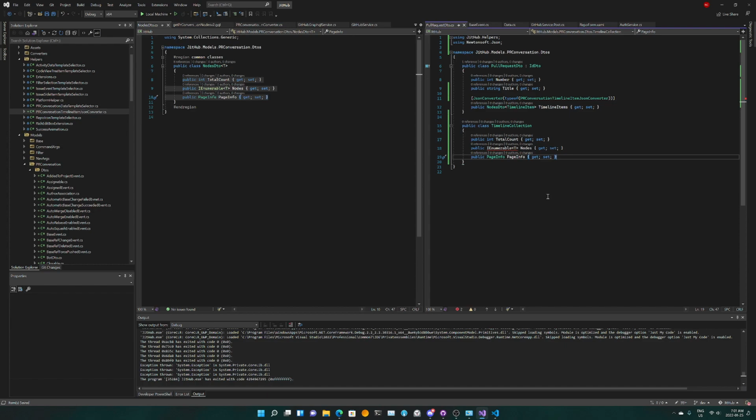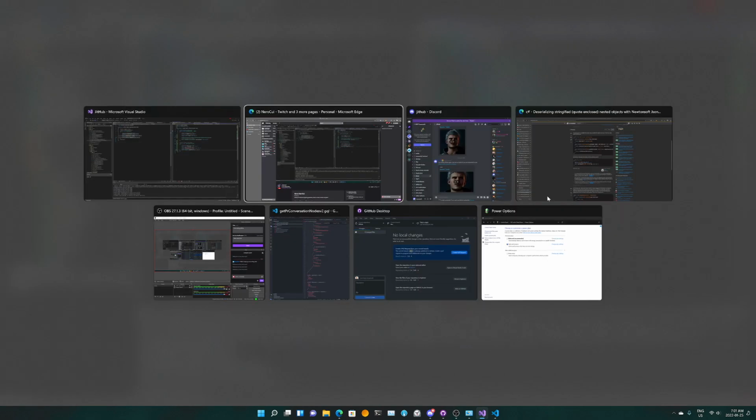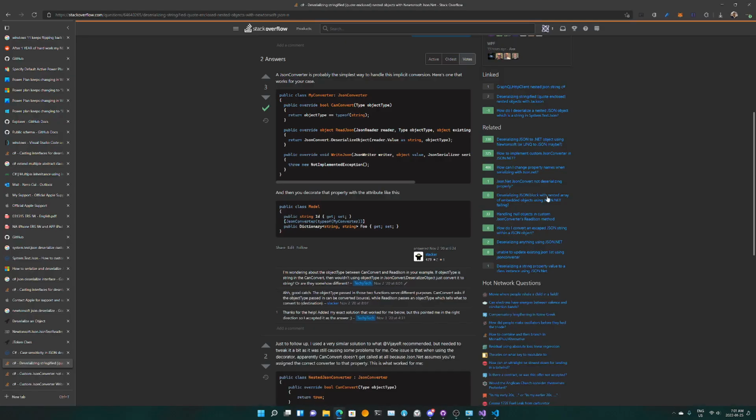What is happening here is that basically we're using an enumerable with it, and it is just not cooperating, basically. So what should we do here? Actually, this shouldn't be an issue because normally